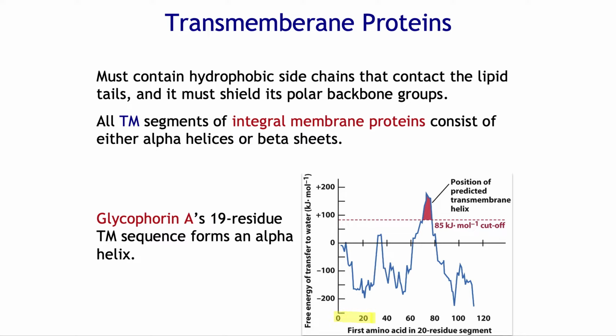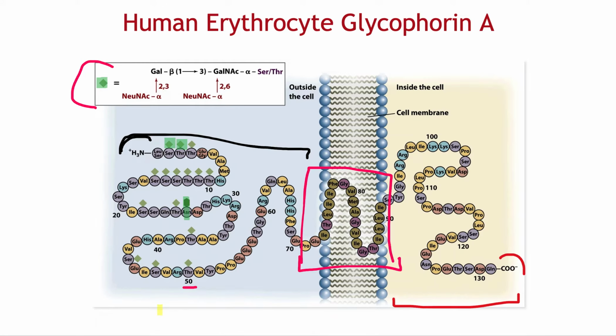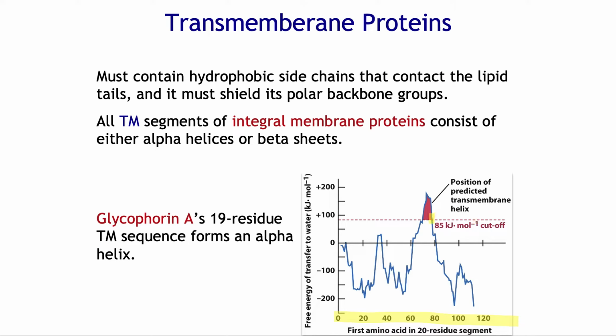So those are really indicating the amino acid residue number within the polypeptide. Residue 50, residue 70, 10, 11, whatever. If we have a segment within the protein that's at least 20 amino acids long and has a hydropathy index higher than 85 kilojoules per mole, that is predicted to be a transmembrane segment. So it's a method that allows us to identify which regions within a protein are likely to be embedded within